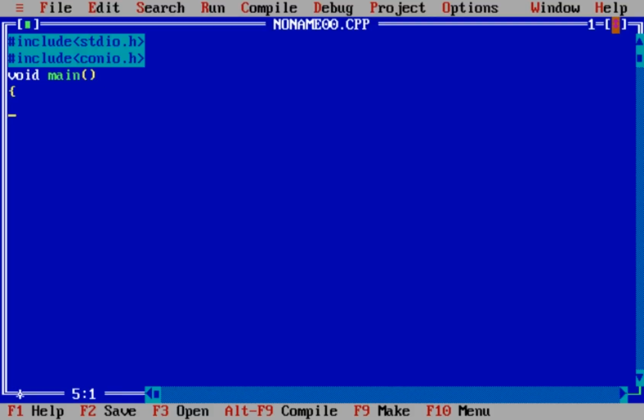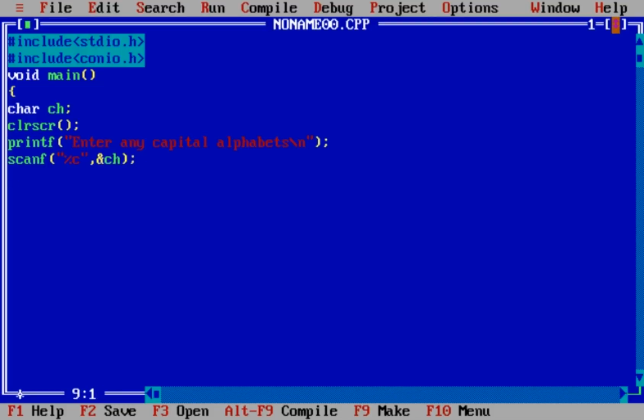Here we will declare a character ch, only a character. Ask the user to enter any alphabet. Enter any capital alphabet. Now scanf %c, address of ch.